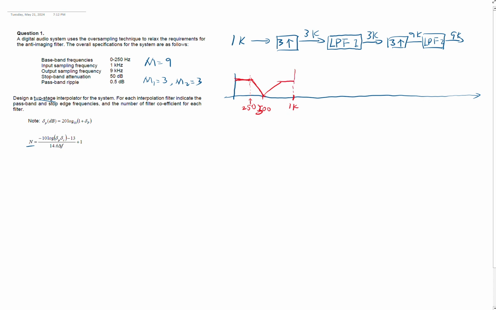That's the original signal, it may look like this. Since you upsample it 3 times, the signal will repeat itself 3 times. This is what we call imaging. It actually always repeats itself,